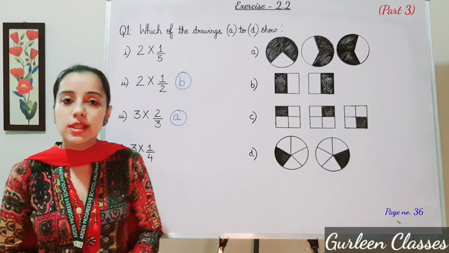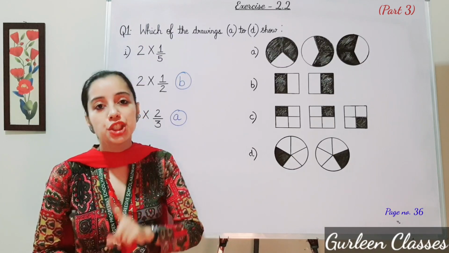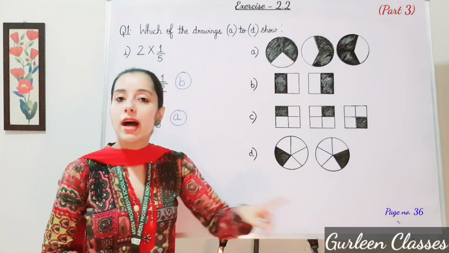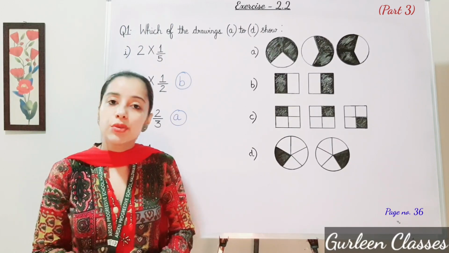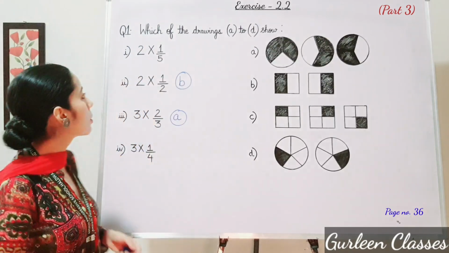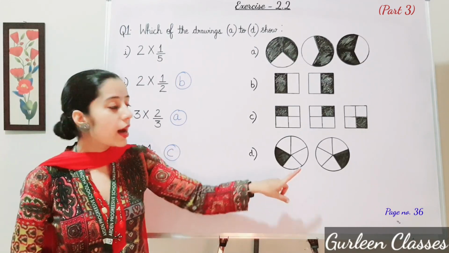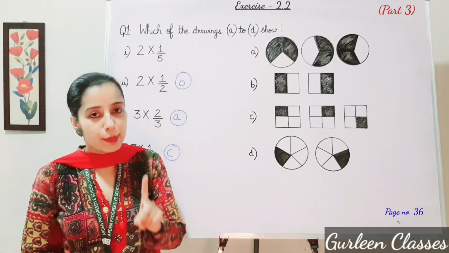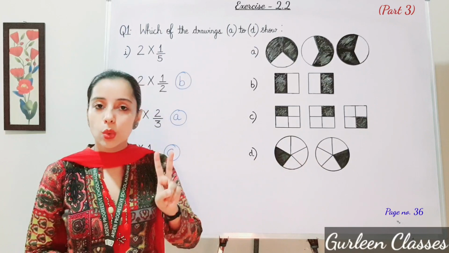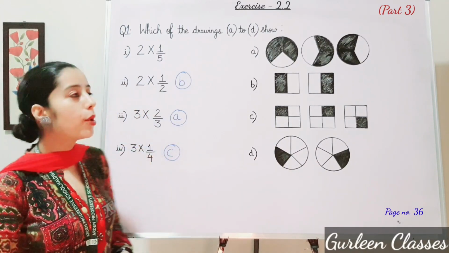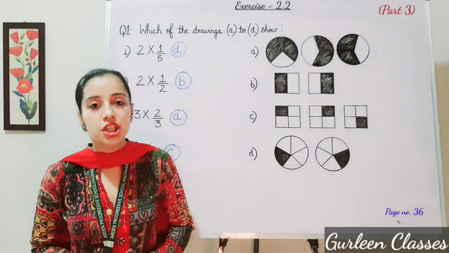Now C part, if you see here, one square, it has been divided into 4 equal parts. And one part is shaded. In all these 3 drawings, one part is shaded. Fraction is 1 upon 4. And total drawings are 3. 3 into 1 upon 4. So correct answer is 4. C part. Now D part, one circle is divided into 5 equal parts. And one part is shaded. Fraction is 1 upon 5. And total drawings are 2. So answer is 2 into 1 upon 5. So write here D part. So I hope students, question number 1 is clear.